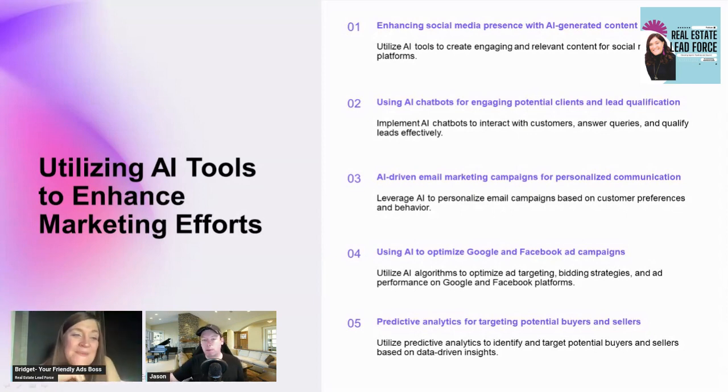So if you do that as a prompt, I'm a real estate agent in this area, just so it has a little bit more additional context, give me 52 relevant topics around selling real estate or property to share with my audience. Give me something of value to share with the audience. And then after it gives you the 52, the best thing about that, like Bridget said, you have weekly things,